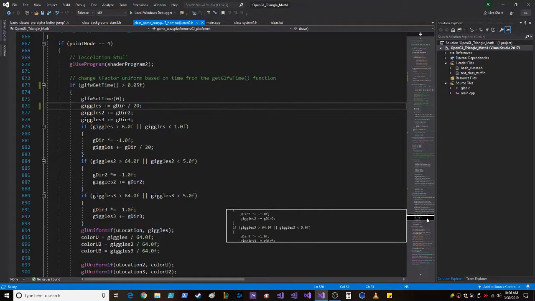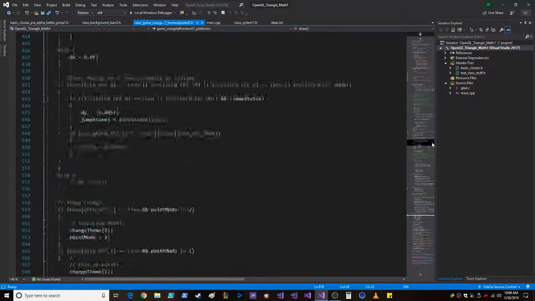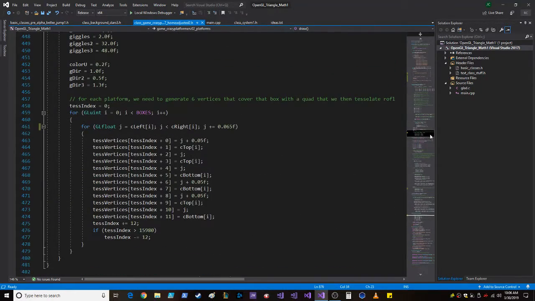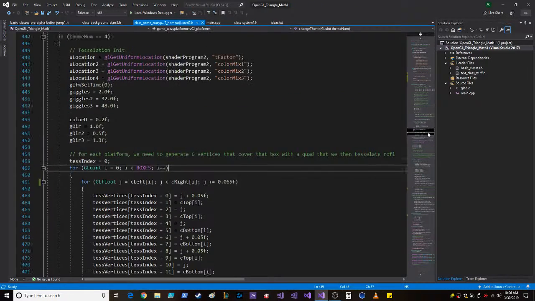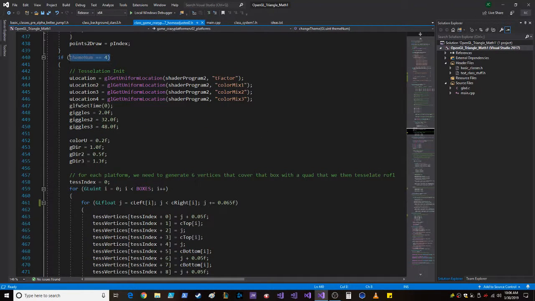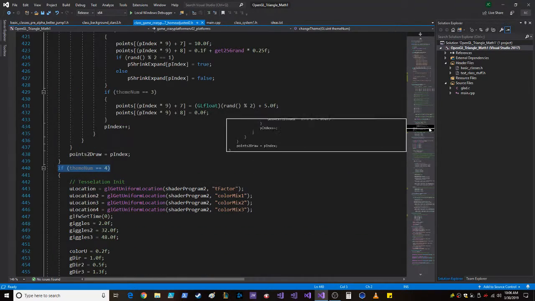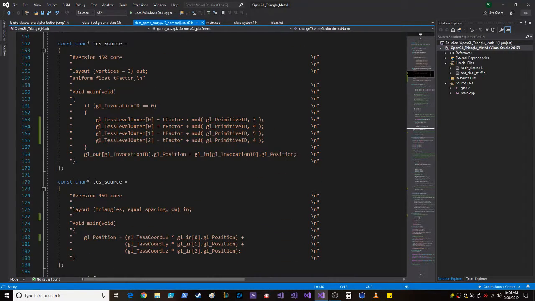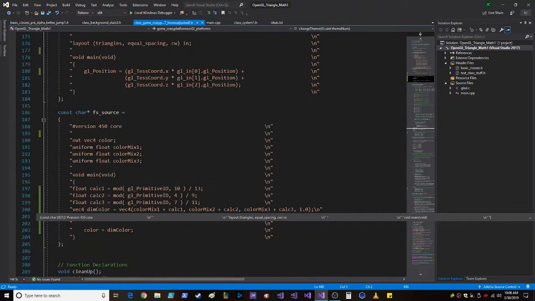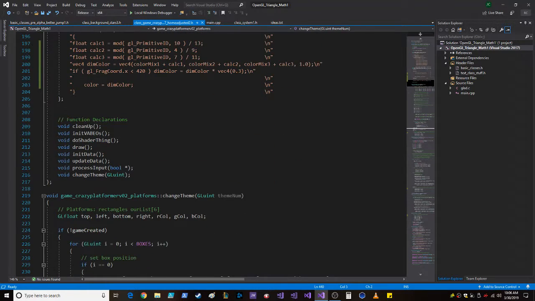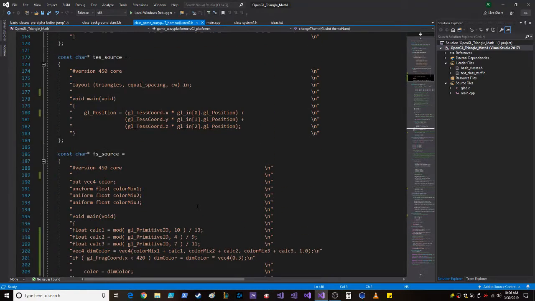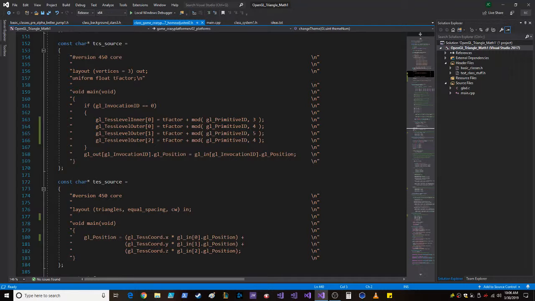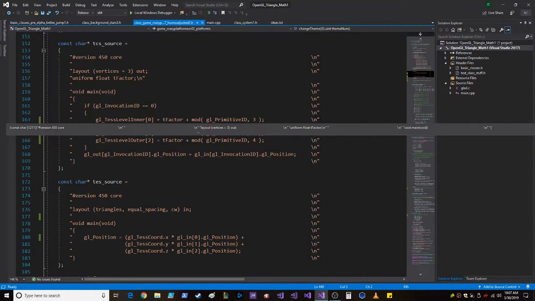So I actually went ahead and added a new type, a theme. For this, the theme number is going to be 4. You saw it before, but it's using the Tesselation Shaders, but I was not happy at all with what the Tesselation Shaders look like, so I did a little fooling around with some of the Tesselation